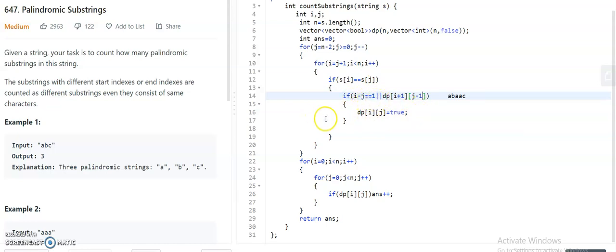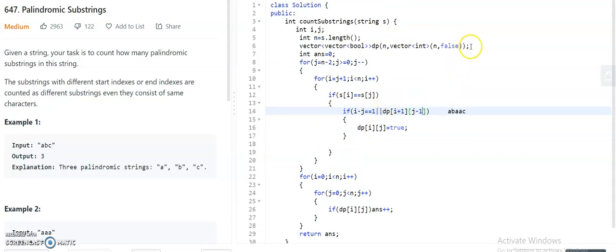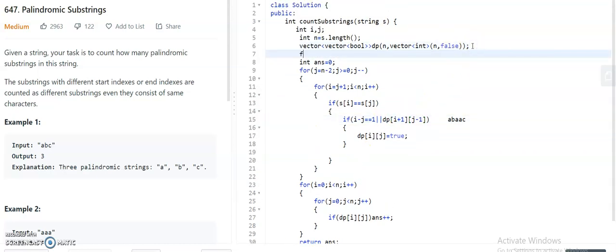Okay. Then I want to mention one thing. For length of 1, like dp of I, I from 0 to 0, the length one substring is a palindrome.